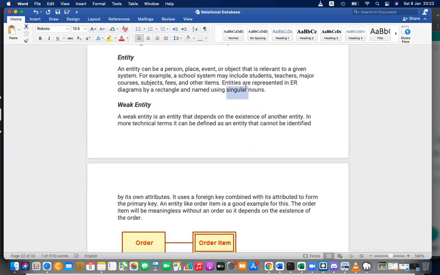Let's say in a paragraph you will see school, in a class you can see students. Students have first name, last name, and students are identified by their student ID.